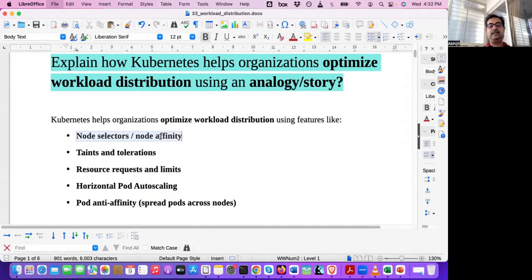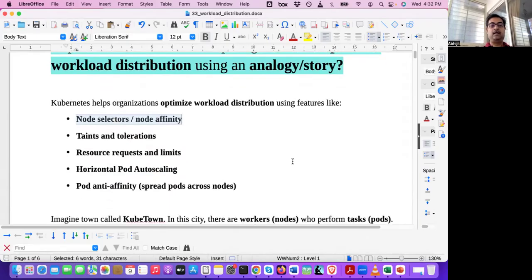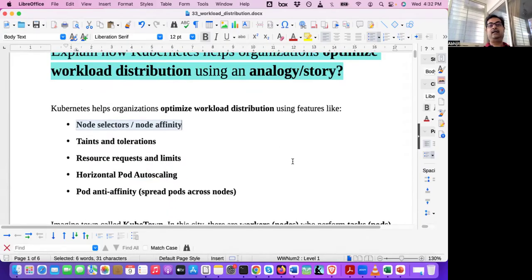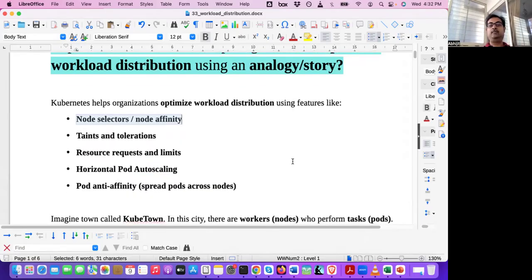But today we'll see how to tell this as a story. If the interviewer asks you for a story, it's fine. But even if you tell it as a story with an analogy, it will be interesting, because the interviewer will also be impressed. Okay. So let's say there is a small town called Cube Town, and